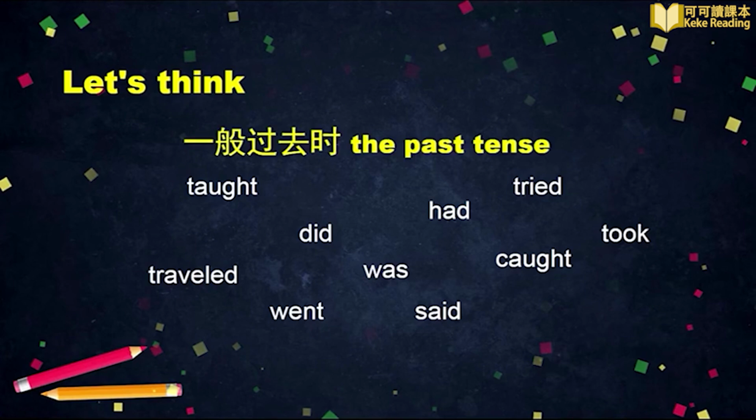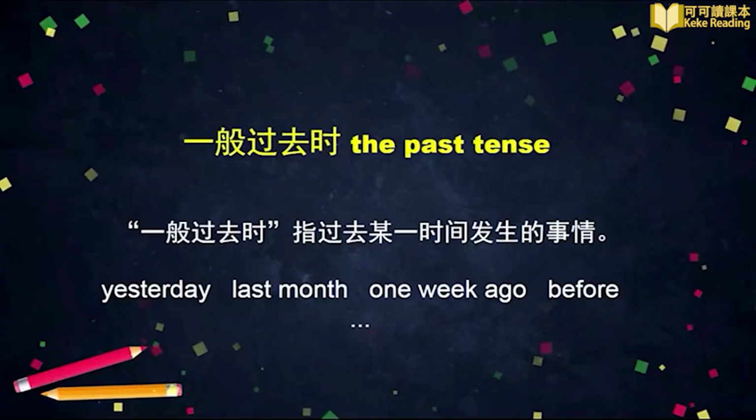Yes, the past tense, 一般过去时。Today we are going to review the past tense. 今天我们将要来复习一般过去时。同学们，大家想一想，什么是一般过去时呢？表示过去的时间的单词又有哪些呢？动词变过去式的规则又有什么呢？Let's check. 一般过去时指过去某一时间发生的事情。表示过去时间的单词有 yesterday, last month, 1 week ago,